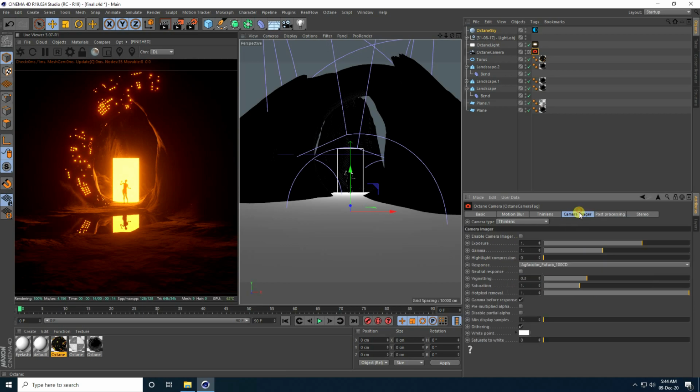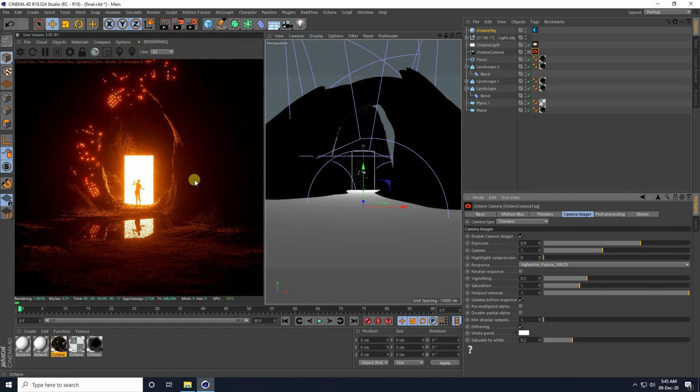And guys, go to camera imager, check, and saturation to white 0.2. Yes, and exposure 0.9. Yeah, and gamma 0.95. Actually, yeah, 1 is good. Yeah, see guys, that's my beautiful composition, right?